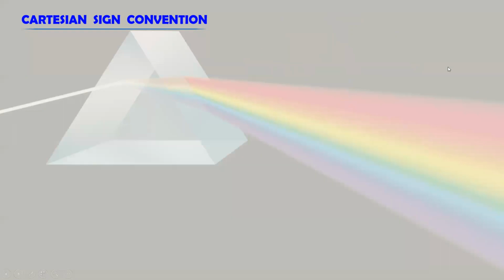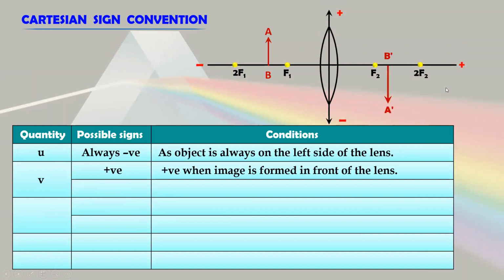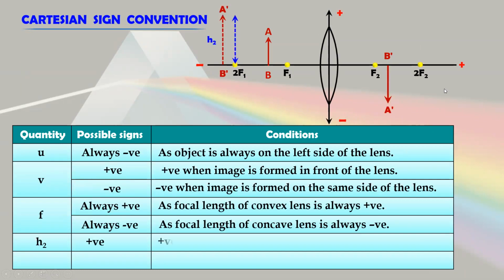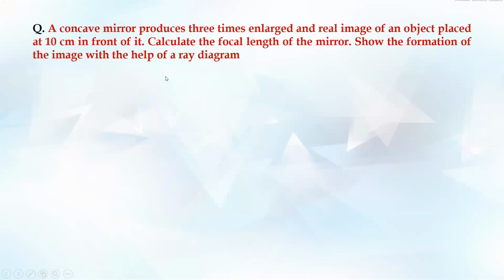This is for mirror. Same thing we have for what? Lens, right? The same thing we have for lens. Almost same. Nothing different in this. So these are the Cartesian conventions and the formulas. We'll move on to the sums. There are what, 4 to 5 sums. Then we can stop actually, right? So yeah, read the question, pause the video here, and start solving.